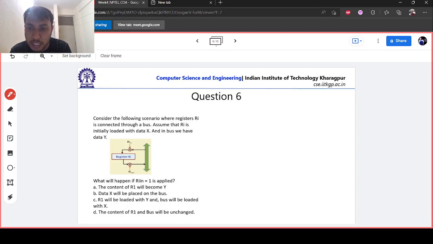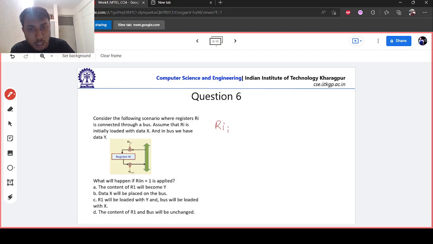It is being said that currently the data value in Ri is X, and the value in the bus, that is the color green shown here, is data Y. So what will happen if Ri in is equal to 1 is applied? So the control signal Ri in